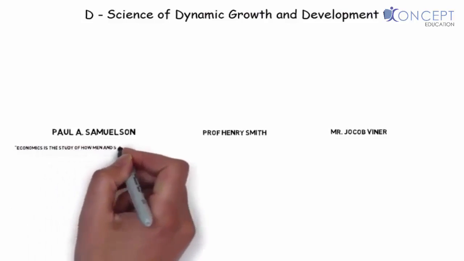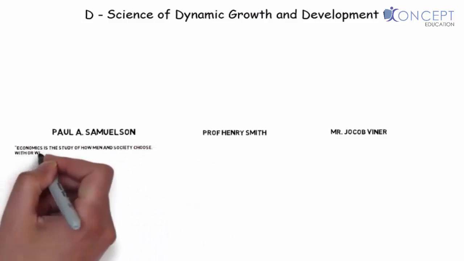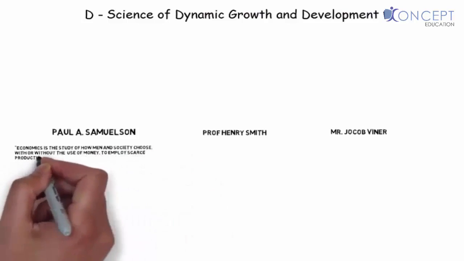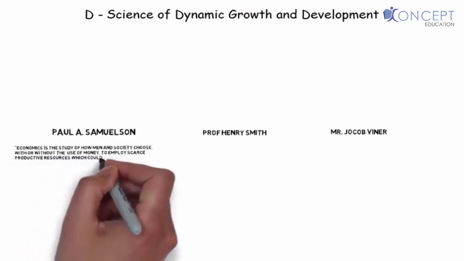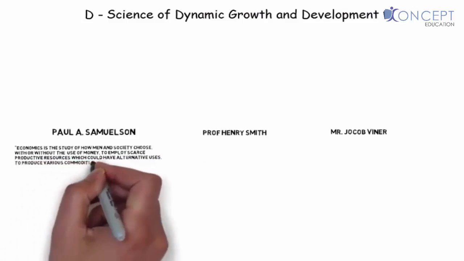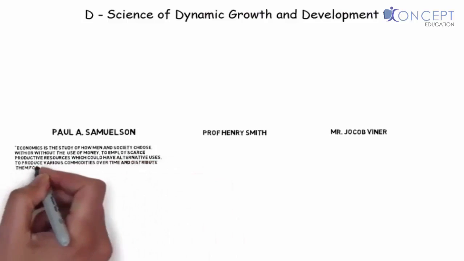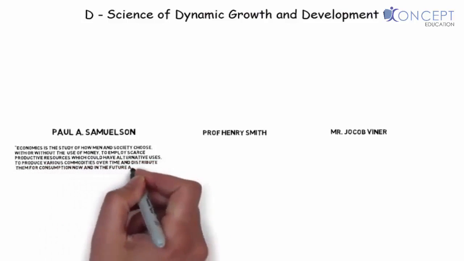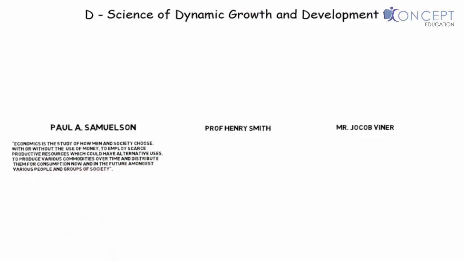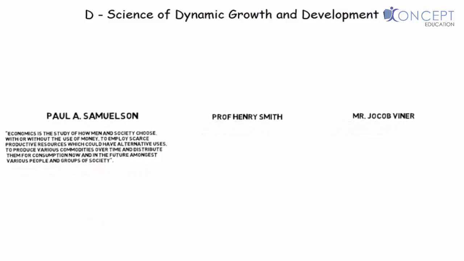Economics is a study of how men and society choose, with or without the use of money, to employ scarce productive resources which could have alternate uses to produce various commodities over time and distribute them for consumption now and in the future amongst various people and groups of society. Well, this is a more comprehensive definition which talks not only about scarcity but also how such resources can be